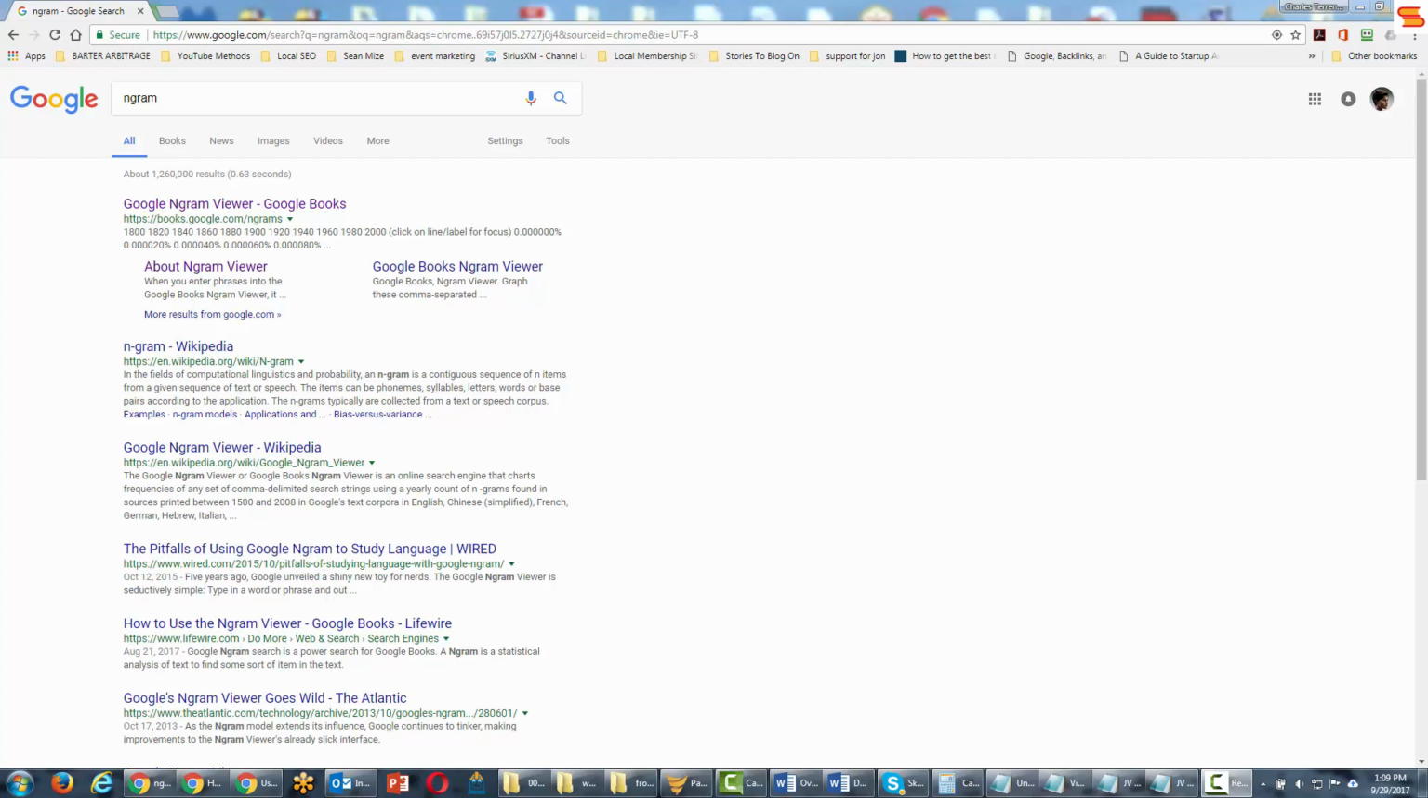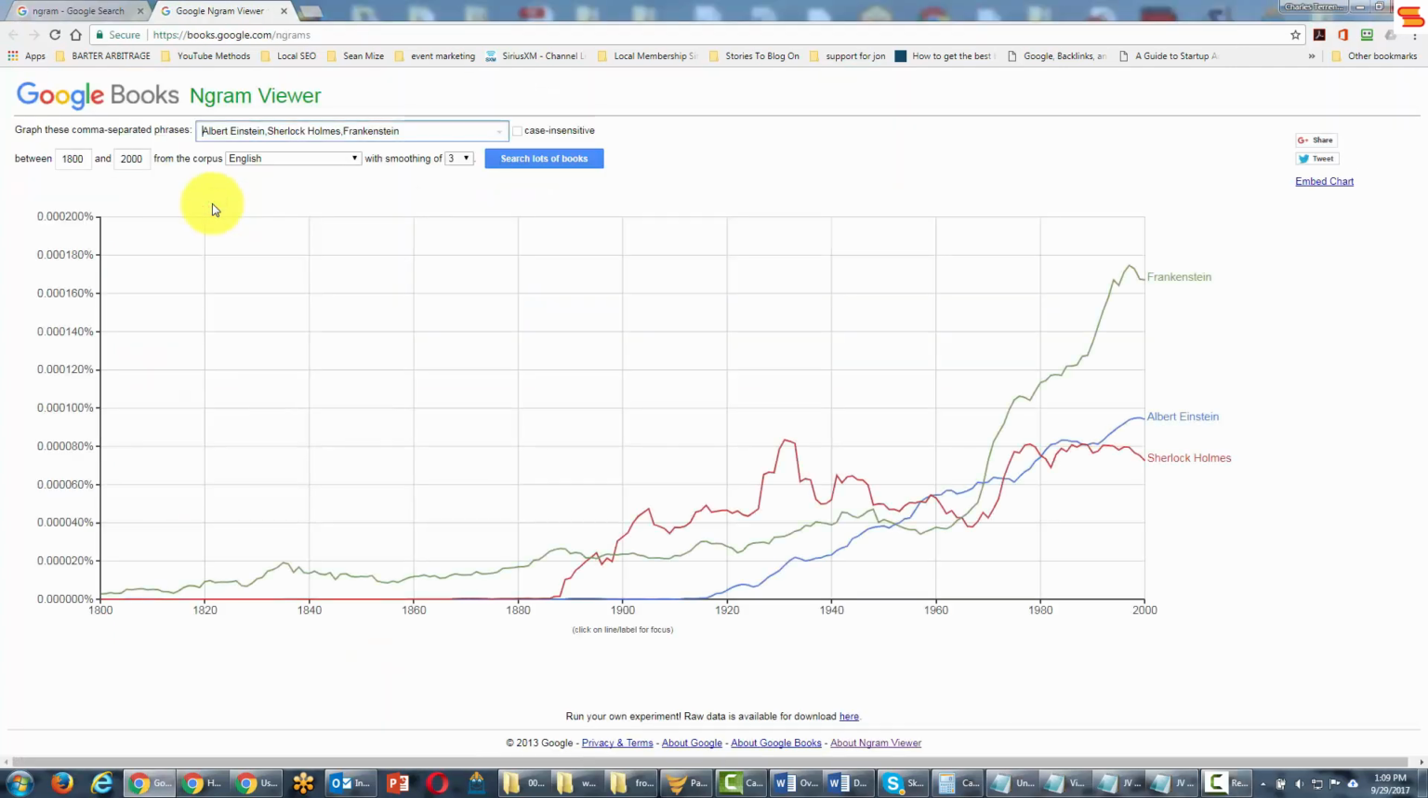Welcome back. You are now looking at Google search, and you'll notice that what's written in the search box is the word Ngram, N-G-R-A-M. And if you click that link, the very first result, it's going to take you to Google Ngram Viewer. Now what Google Ngram Viewer does is it shows you the popularity of a phrase in published books from 1800